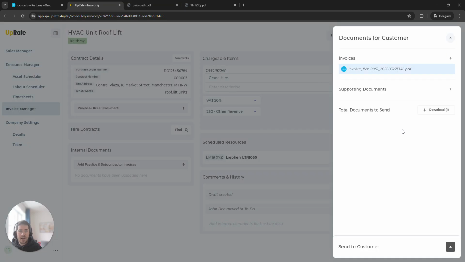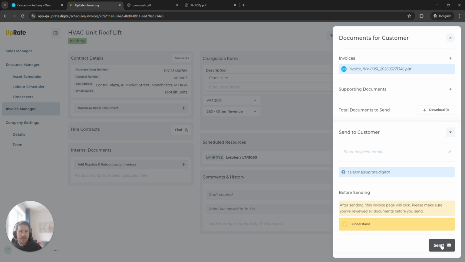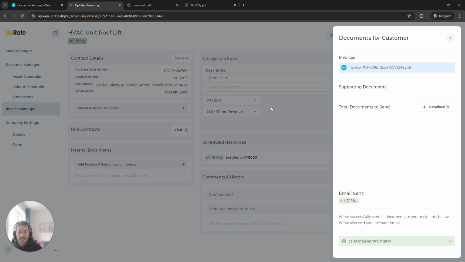So come back here. Again, no timesheets on this one. If there was, they would already be there for me. I'm going to send to customer. Because I've already sent an invoice to this email address, it's going to pop up in the autocomplete. I'll just send it to the same one. I understand. Send. And then that's, again, sent off the invoice to the customer